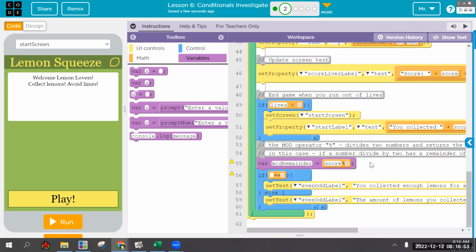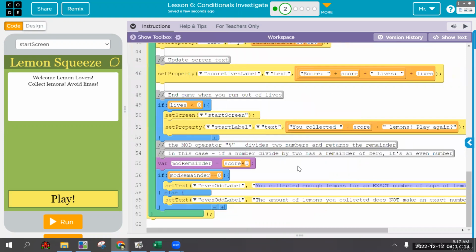So we take their score, we divide by 5, and however many extra there are will be the value of this variable. Okay, so now we can check to see if mod remainder is equal to 0, and that is you collected enough for an exact number of cups. There you go, that's still the same. But if it's not 0, that means there's a remainder number of lemons. So we need to tell them,